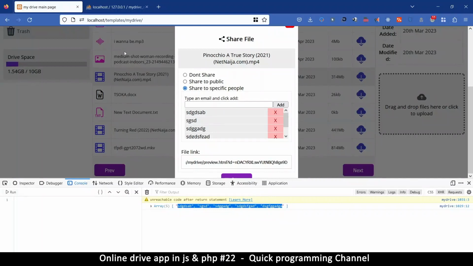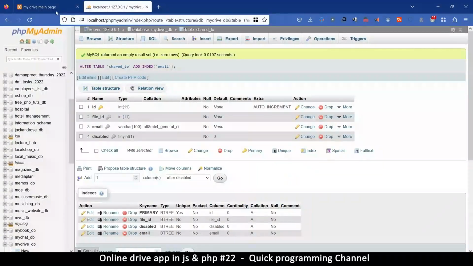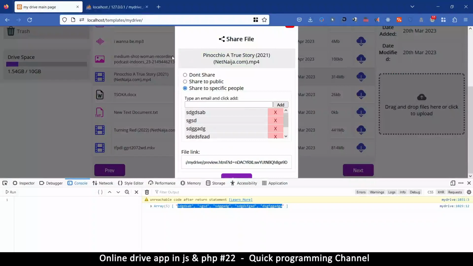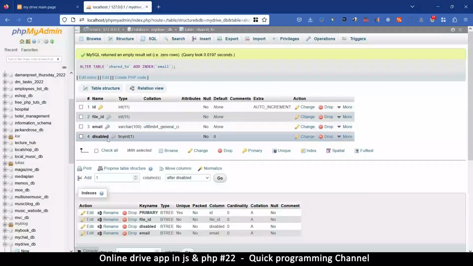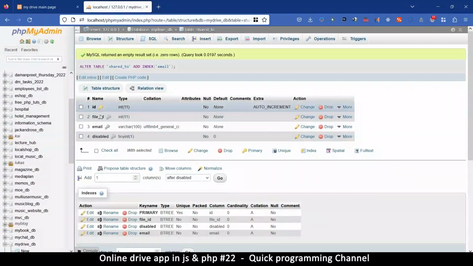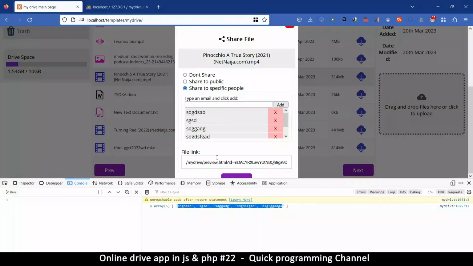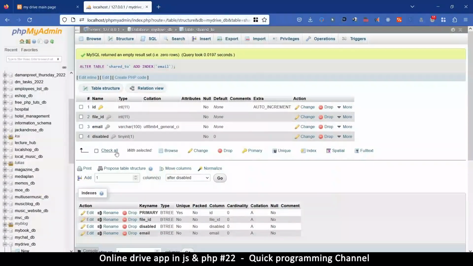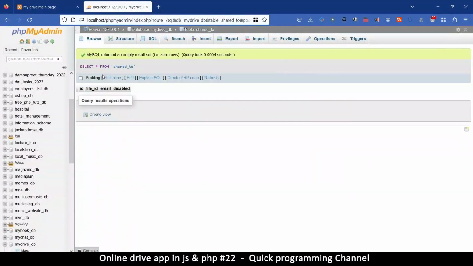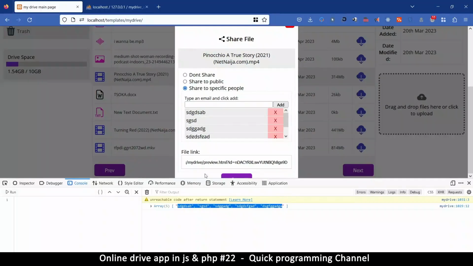Now I haven't added anything new here, but there's some email addresses that will already exist because I added them earlier. So what it's going to do is it's going to look for the file ID that I'm currently editing and then disable every email address in that list. So disable all those records and then go and read one by one. If an email address already exists, if it's here on the list and it also exists in the database, then just enable it. If it doesn't, add a new record. That's what we're going to be doing here. So in order to save these guys,